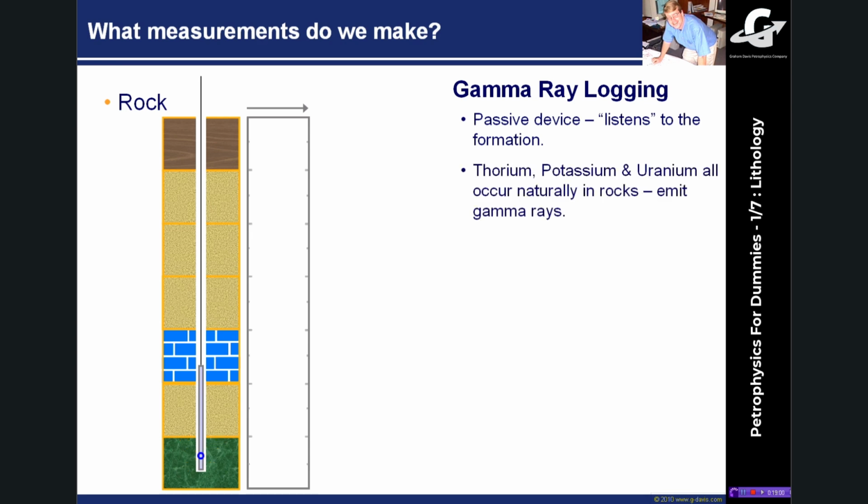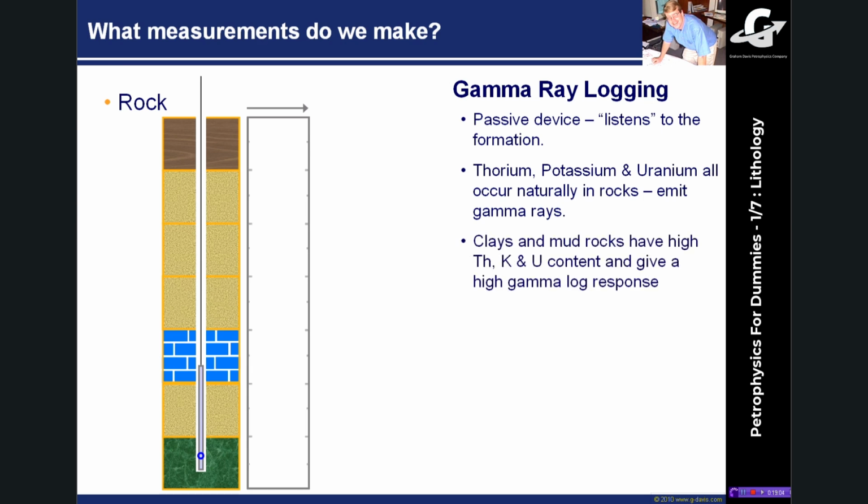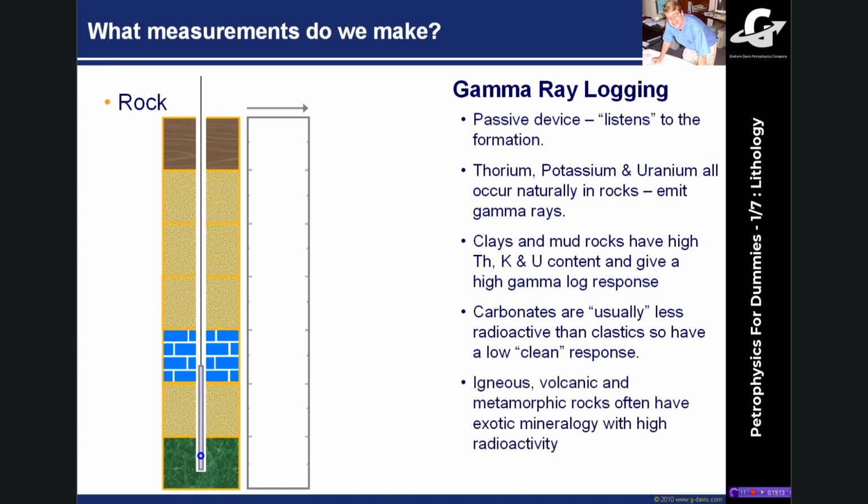Now naturally rocks contain naturally occurring radioactive elements, thorium, potassium and uranium, and they all emit gamma rays. So all around us, in fact, rocks are emitting these gamma rays, and if you listen for them and if you measure them, you can see them. Clays and mud rocks have a much higher thorium and potassium content, and they give a high gamma ray response. The carbonate rocks are usually less radioactive than clastic sands, so they generally have a bit of a cleaner response. Igneous and volcanic metamorphic rocks can have all sorts of exotic mineralogy, and so they can often have quite high